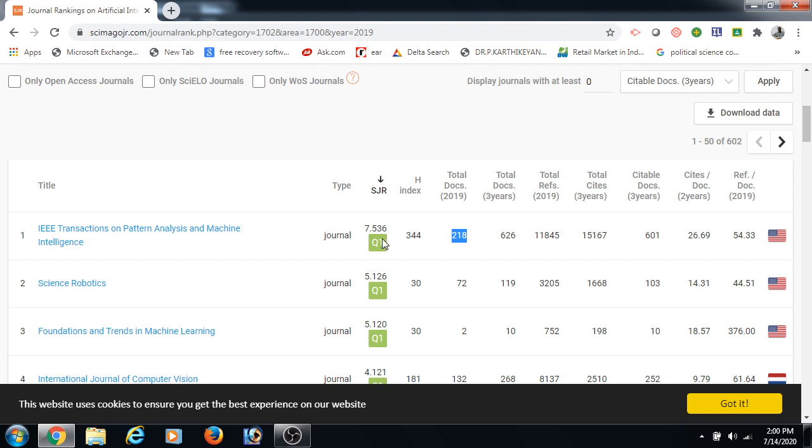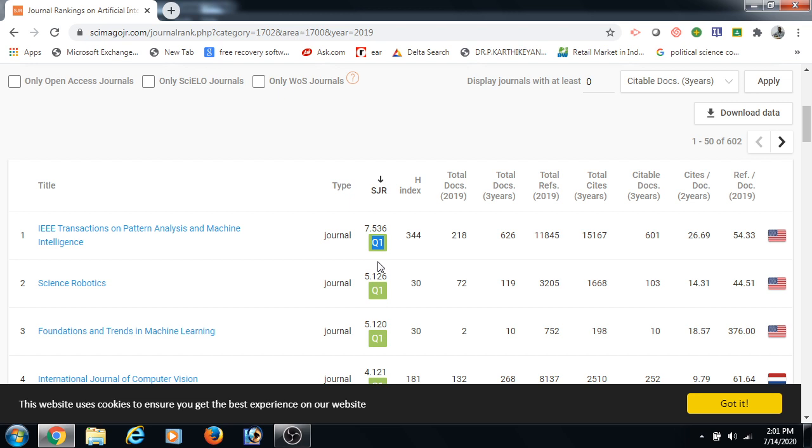And what do we mean by Q1? I will explain Q1. Q1 is a quartile value. Each subject category or discipline of journals is divided into 4 quartiles: Q1, Q2, Q3 and Q4.